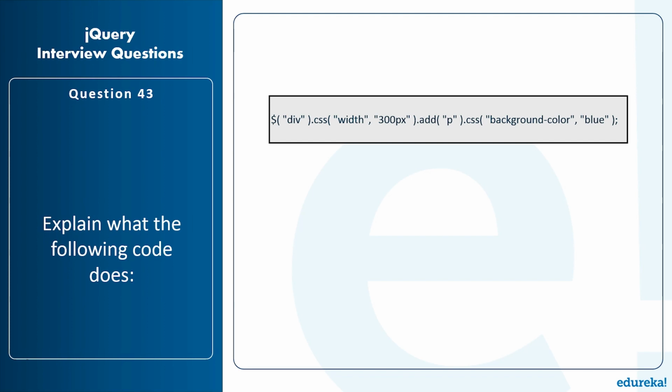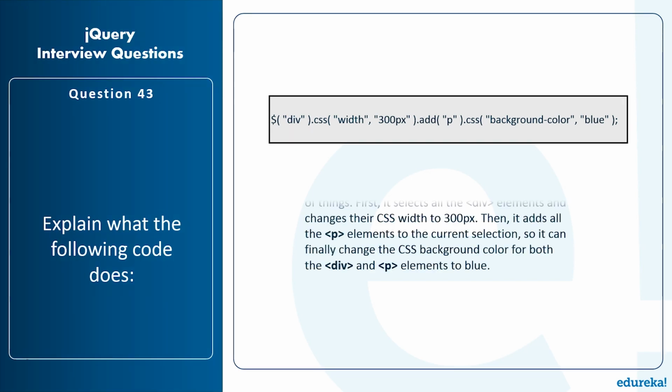So now let's see what this code does. Here you can see that there is method chaining taking place. This code uses method chaining to accomplish a couple of things. First, it selects all the division elements and changes their CSS width to 300 pixels. Then it adds all the P elements, that is the paragraph elements, to the current selection. So it can finally change the CSS background color for both the division as well as the paragraph elements